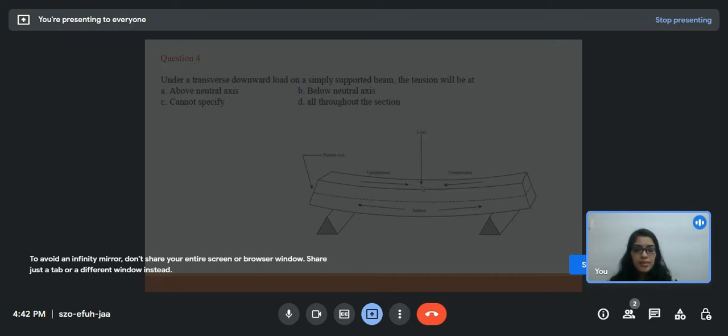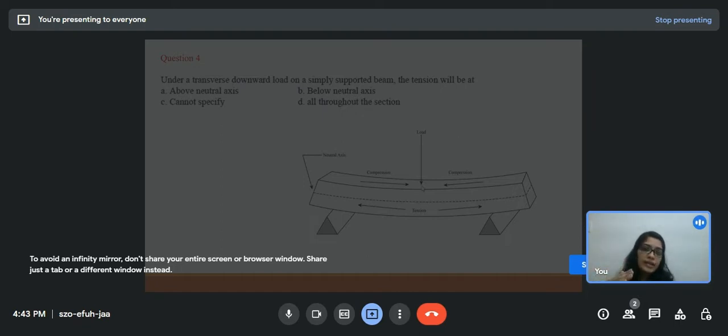So this is a simply supported beam and a transverse downward load acts at the center. We can see that in this case the beam has a sagging action. The beam sags, in which below the neutral axis the fibers will experience tension, and above the neutral axis the fibers will experience compression. So the question is,